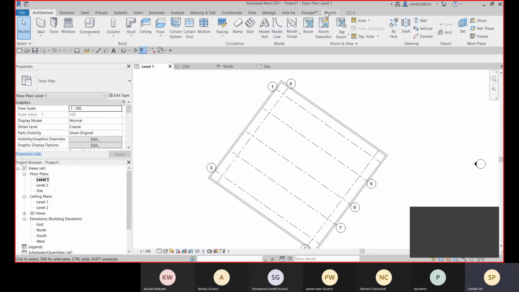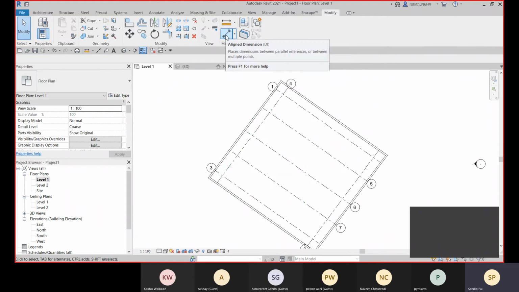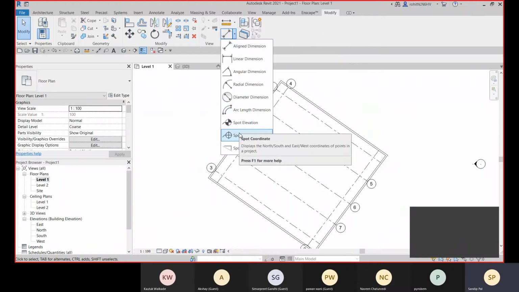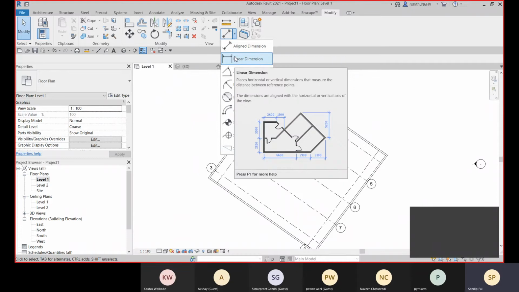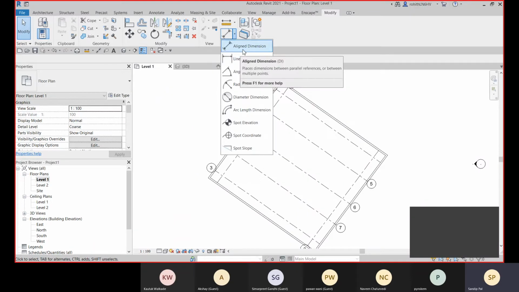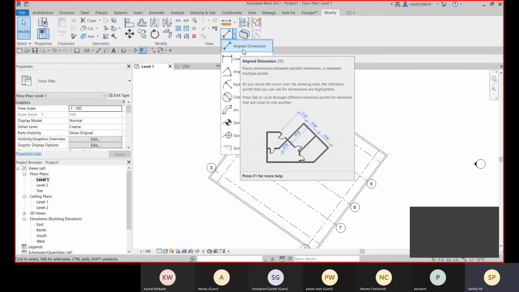Okay, if you need to place a dimension, you can do it. Go to modify, and here you have this align dimension option, or you can click on the drop down arrow for other dimensions like this linear dimension. So the linear dimension will go in the linear direction always, and the align dimension can be placed at any angle, or in horizontal and vertical direction also.